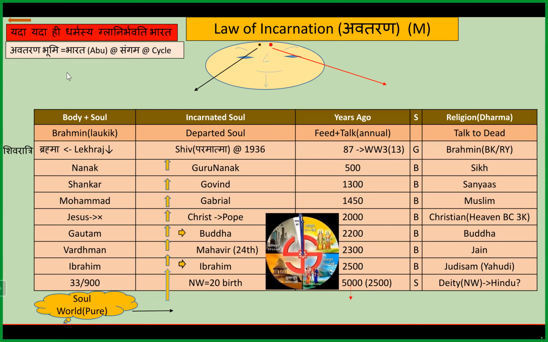This is the Gita Shlok, we have all seen that. And it happens when multiple religions, their dharma, established by the religious founders, get deteriorated, and God comes and changes it into the Atma Dharma, or Supreme Soul, which is Kala. So this happens every cycle, and this is the glani of the dharmas, and it happens in Bharat. And this happened in this cycle. This is the Sangam cycle. This happens at the Sangam cycle.